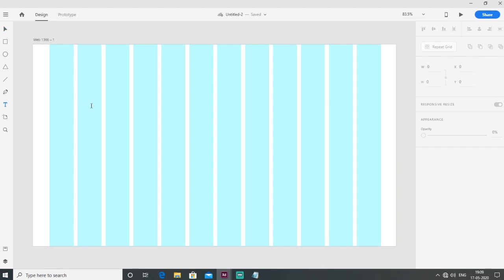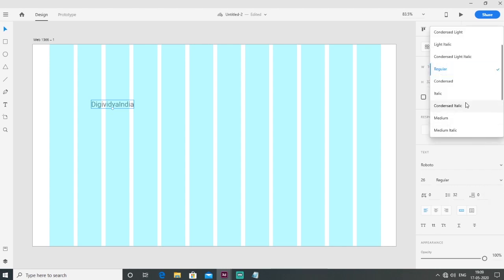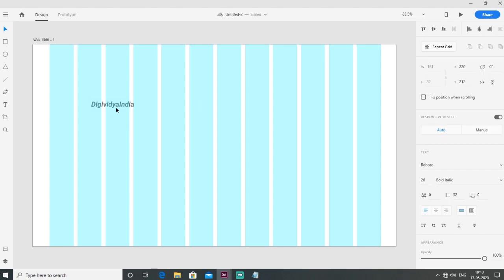Now I go to the text tool. Then go to the select tool and select the text. In the property bar I change the font face into Roboto, and size 26, and I need bold italic.